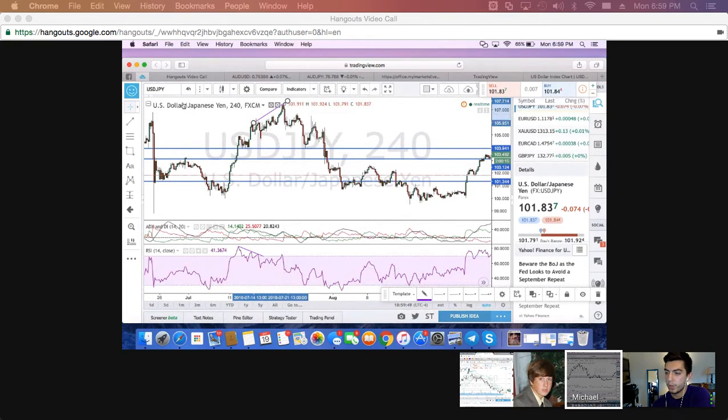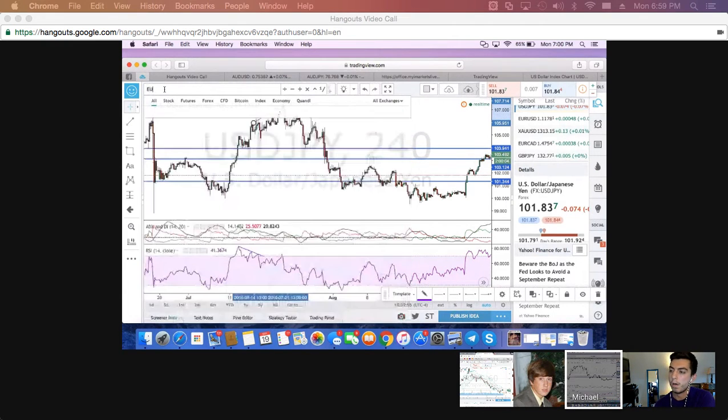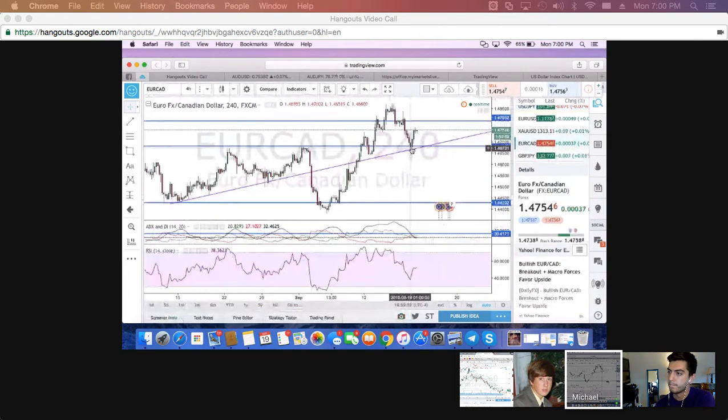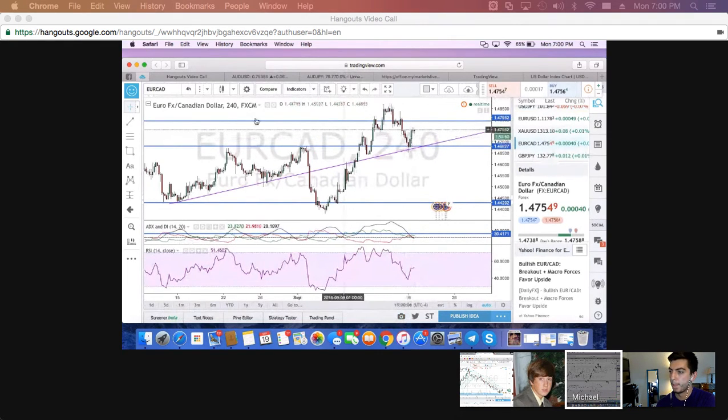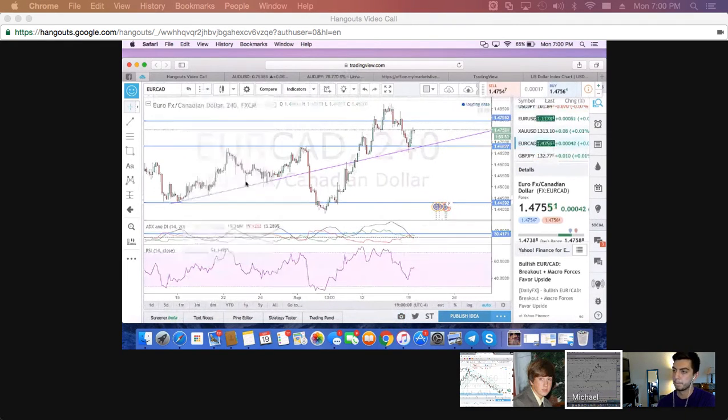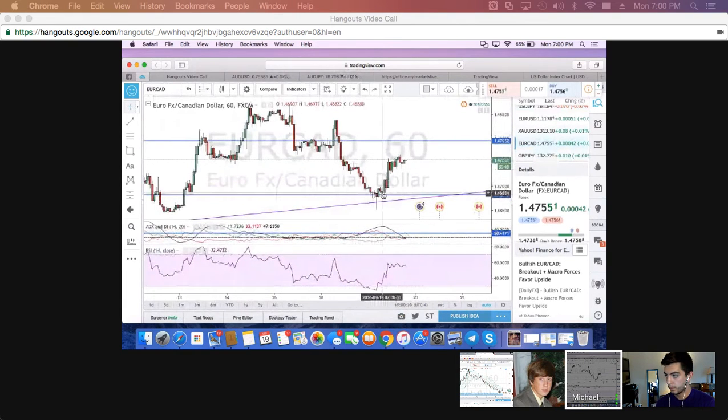Yeah. So did you do any trading today? Just EuroCAD. I just got a small 3-cent lot when it came down right in here. After it printed this candle, I got in halfway into this candle on the hour chart. Nice. So I hit here, reversed. I saw this, and then after I saw that green candle, I waited for this to come down and I bought it.